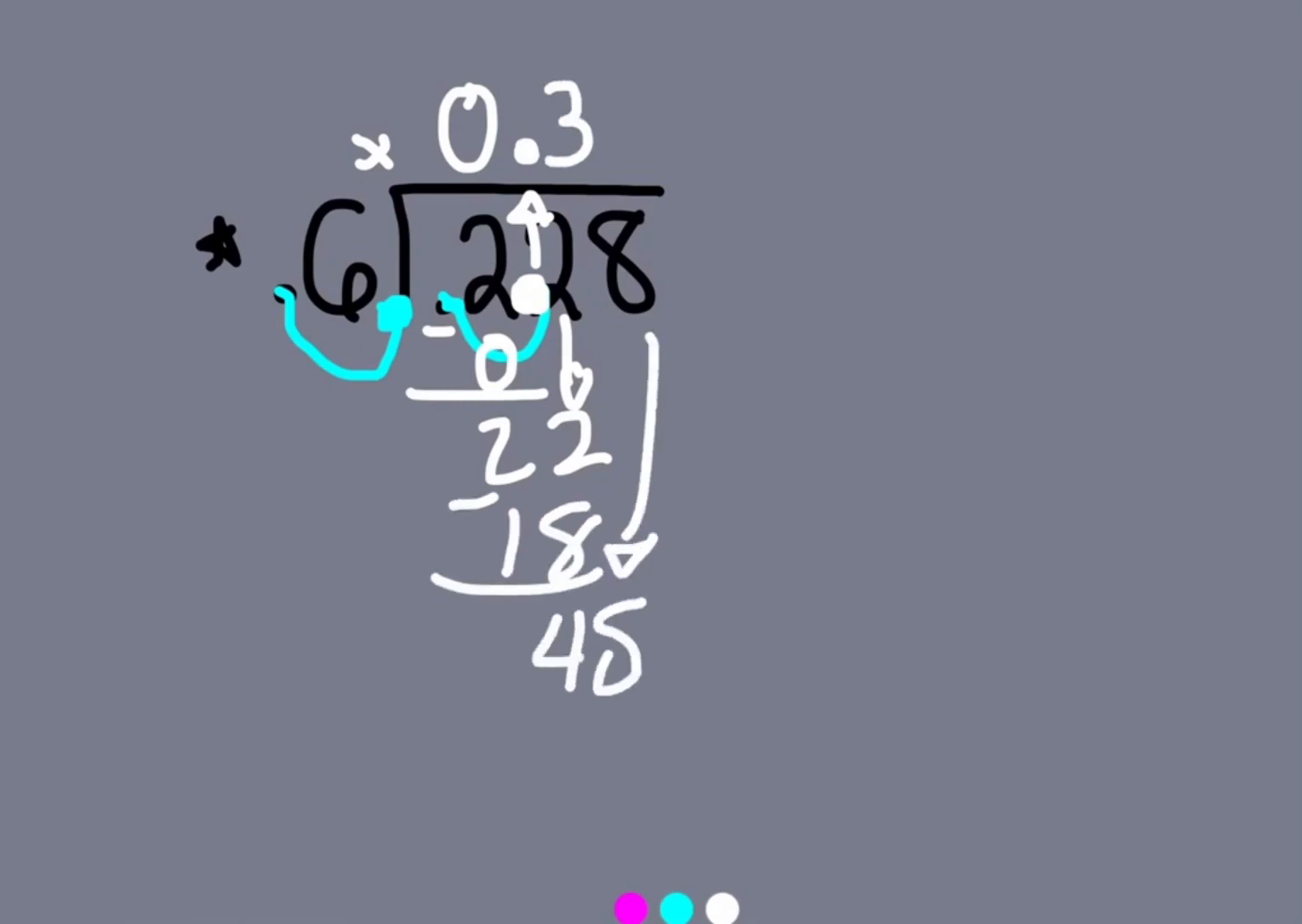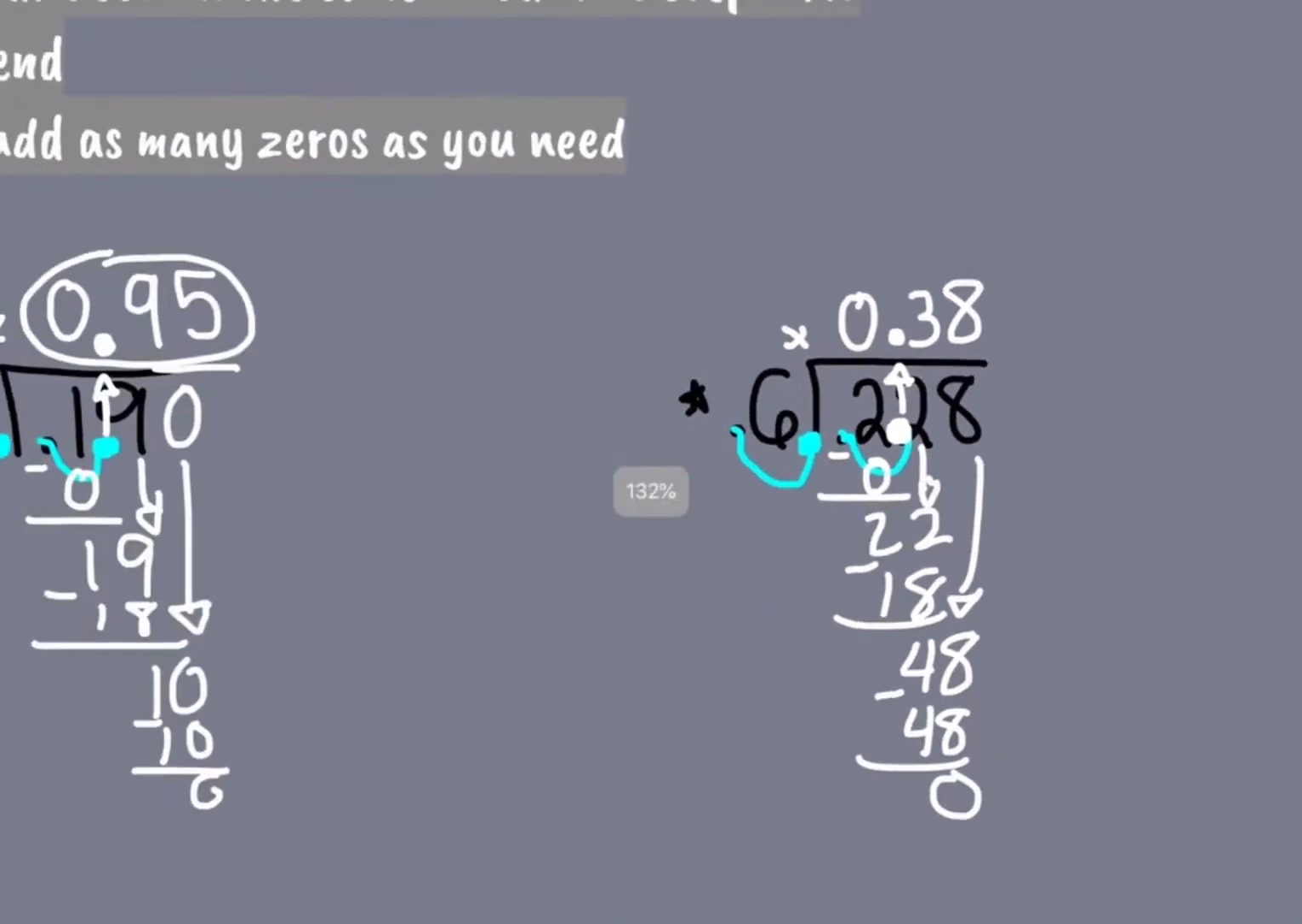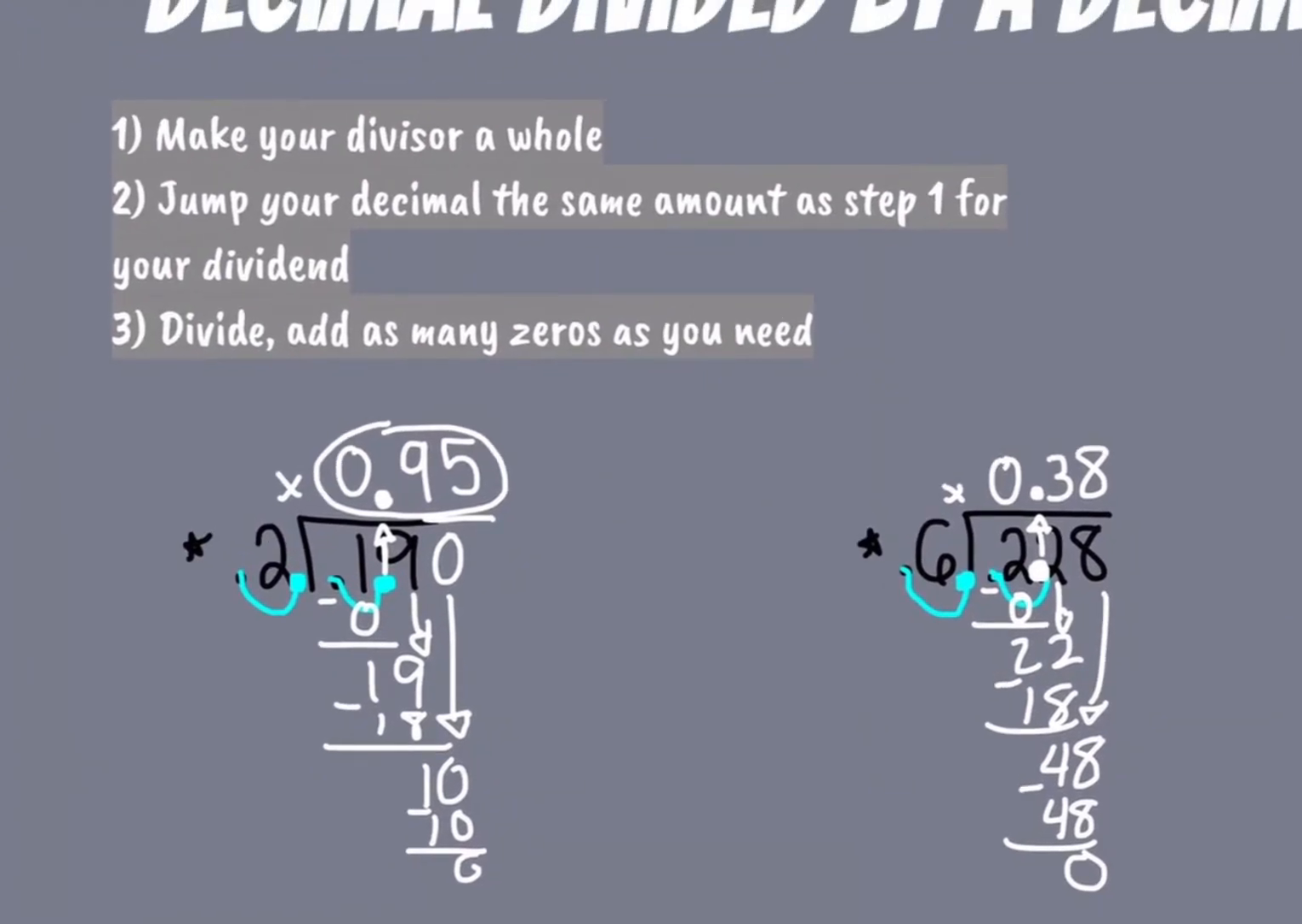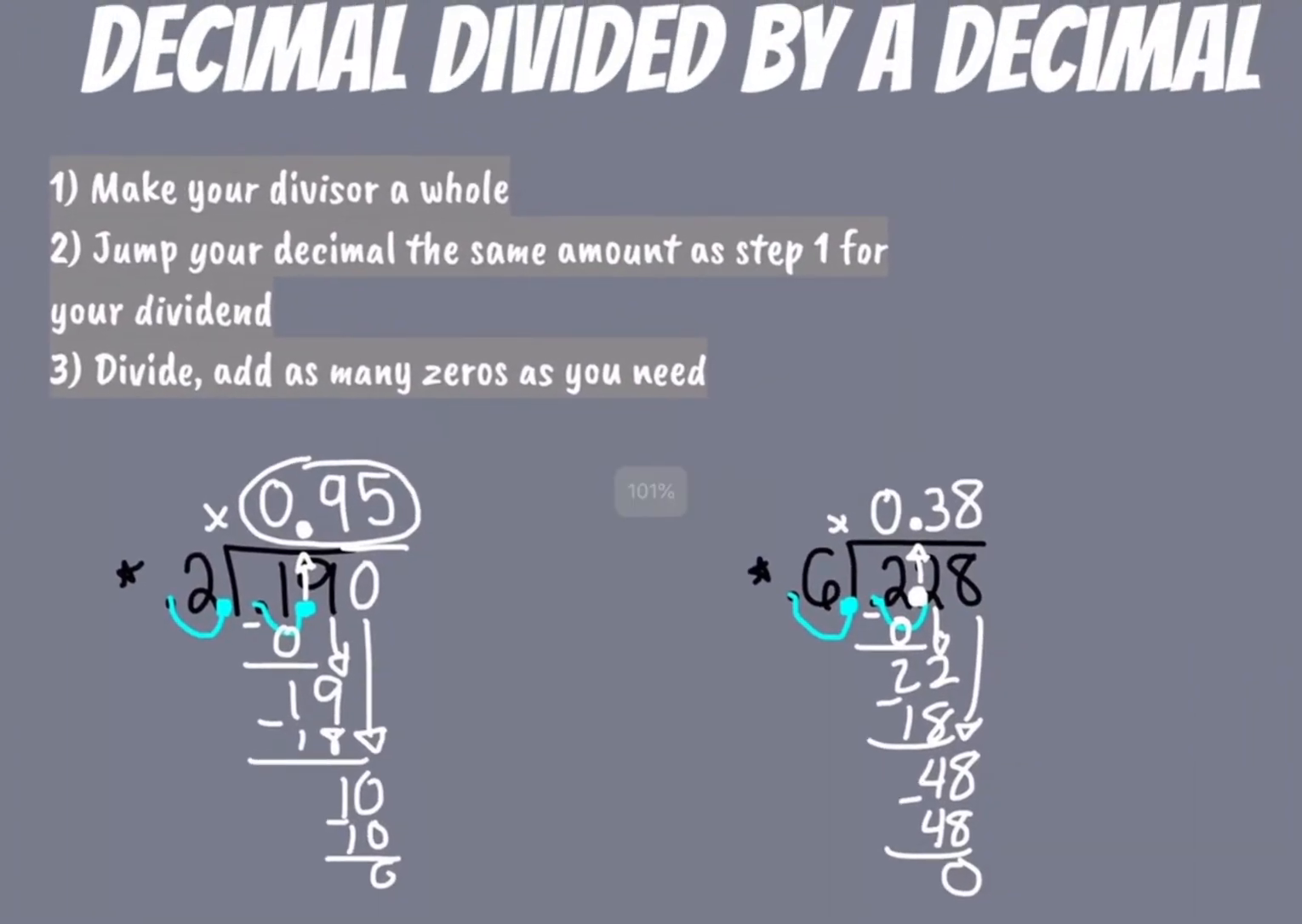Oh, this is going to work out nice, because 6 can go into 48 8 times. And that works out perfectly. So this problem, or these types of problems, are kind of like the first one where you're going to have to jump your divisor and then jump your